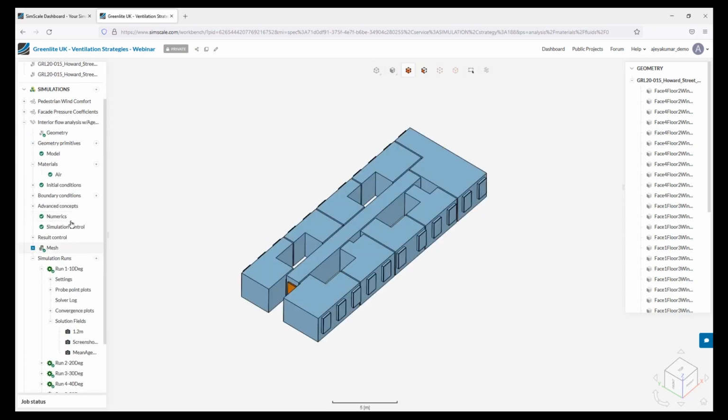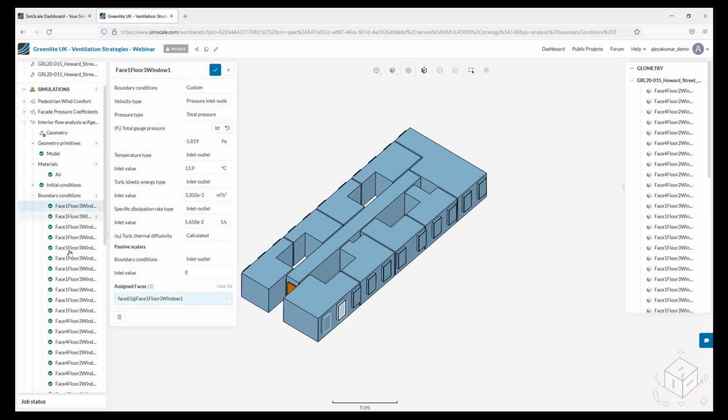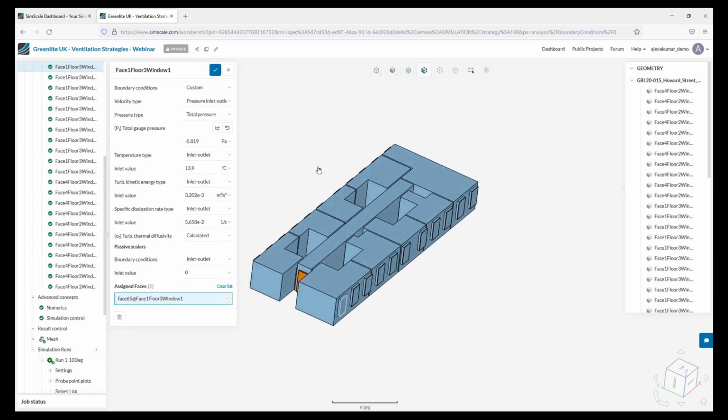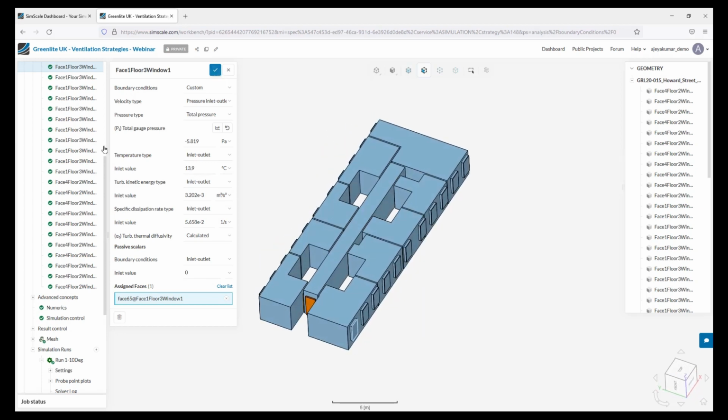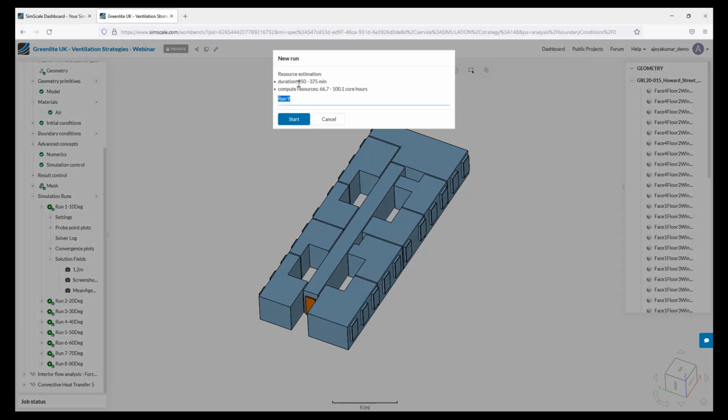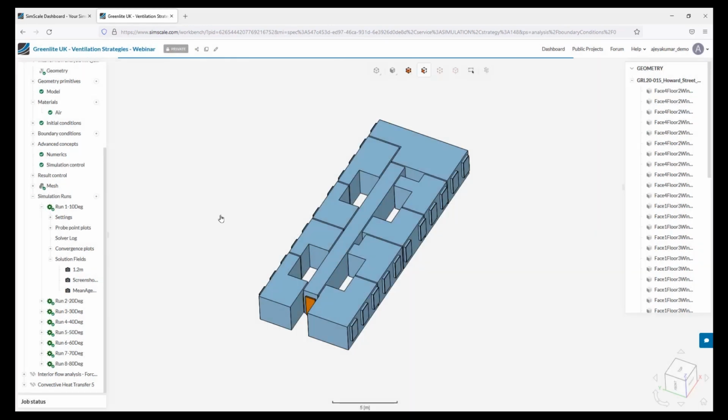that we ran. As I mentioned, we have the materials defined, we have the boundary conditions for a particular set of windows applied here. We do have a pressure value which is extracted from the wind condition or the external wind analysis, and also the temperature conditions applied on each window here. Then start the simulations, which will give you a rough estimation of how much time the simulation is going to take and what the computational resources are. Once you start the simulation,